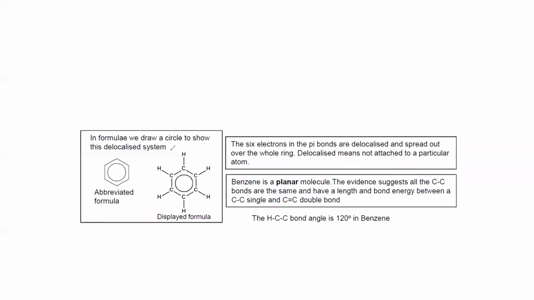So the formula, we draw a circle to show the delocalized system. The six electrons in the pi bonds are delocalized and spread out over the whole ring. Delocalized means not attached to a particular atom. So benzene is a planar molecule. Evidence suggests that all carbon-carbon bonds are the same, neither single nor double, and the bond angle is 120 degrees because